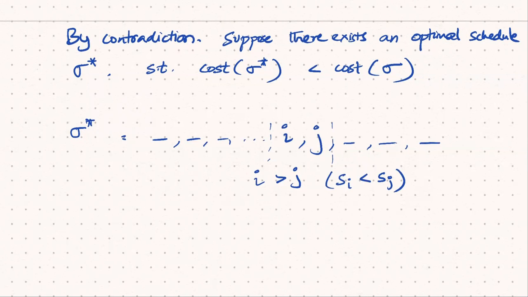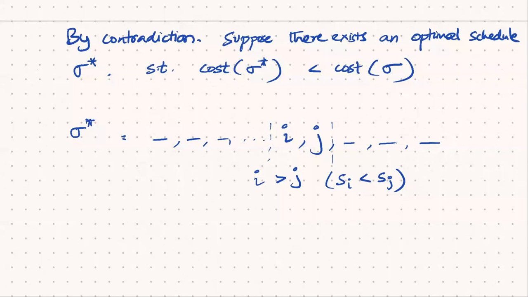Okay, that's how we have numbered the jobs, right? If J is less than I, then we have said that the score of J is greater than the score of I. Okay, and if sigma star is something like this,